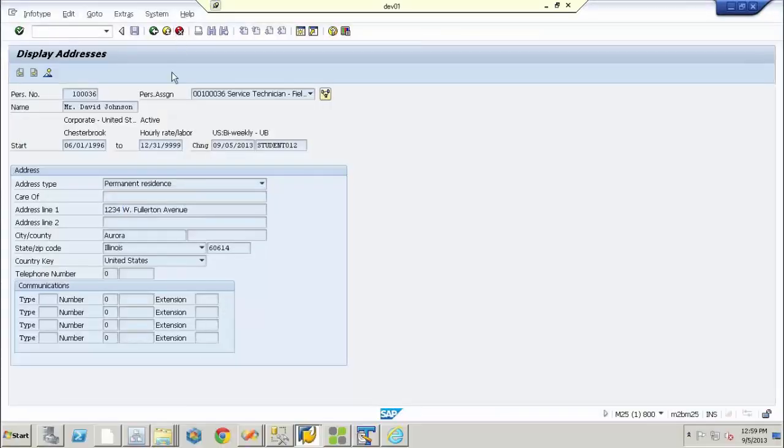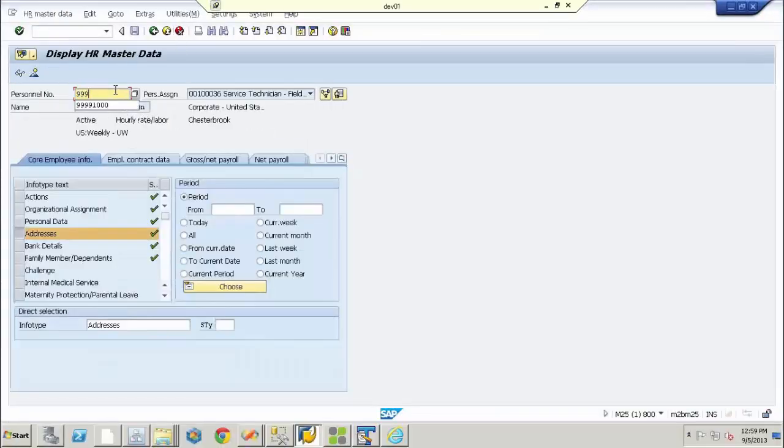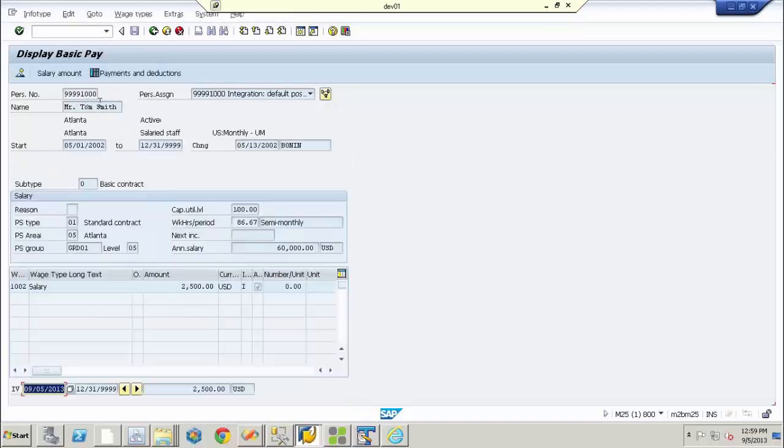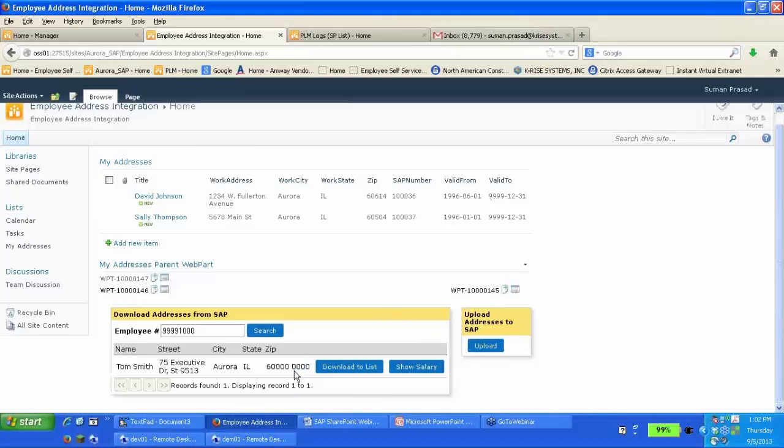Let's go to this employee here, 999910. Do a quick search on this person. Thomas Smith. I want to look at his gross payroll. Basic pay to a display. So here is his annual salary into the form. And that's what it takes us to bring the data back and forth from SAP to SharePoint, or even send it